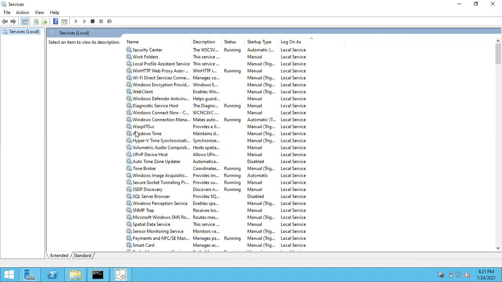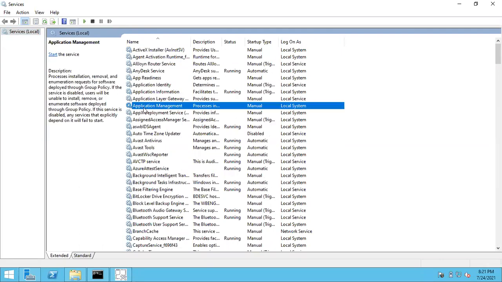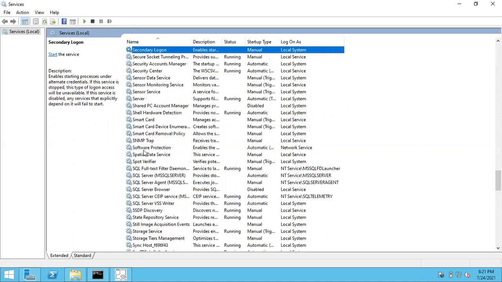Now you want to see what services will be installed once you install SQL Server. Once you open services.msc, just click on the Name column. It's not in alphabetical order, right? You can see S first, then W next. Just click on the name so that it keeps you in alphabetical order. Just select any service and hit S. Why? Because all the SQL services start with the letter S.